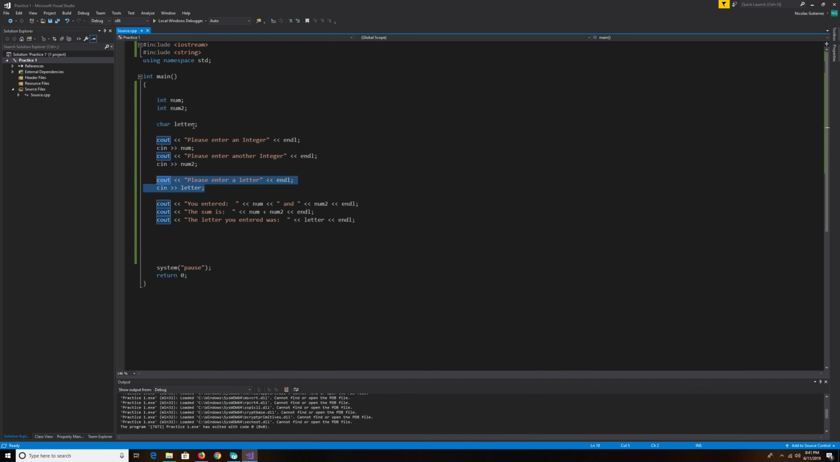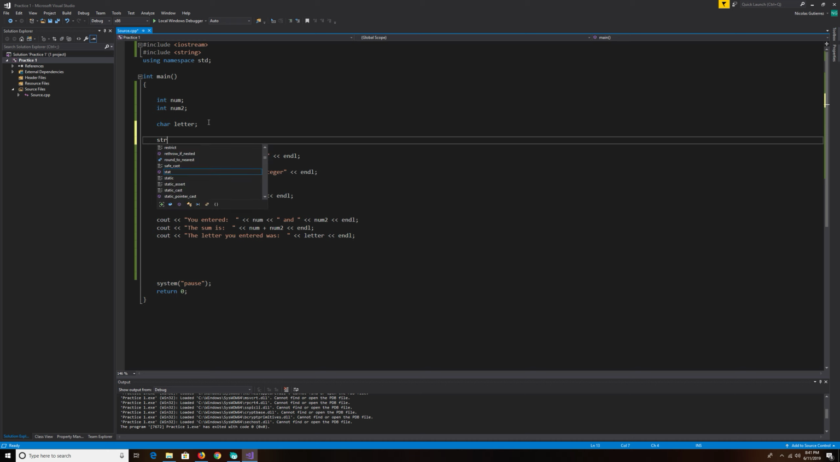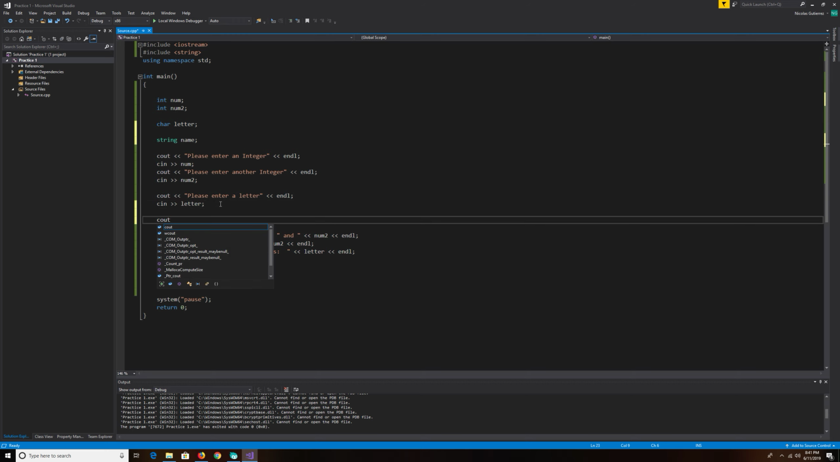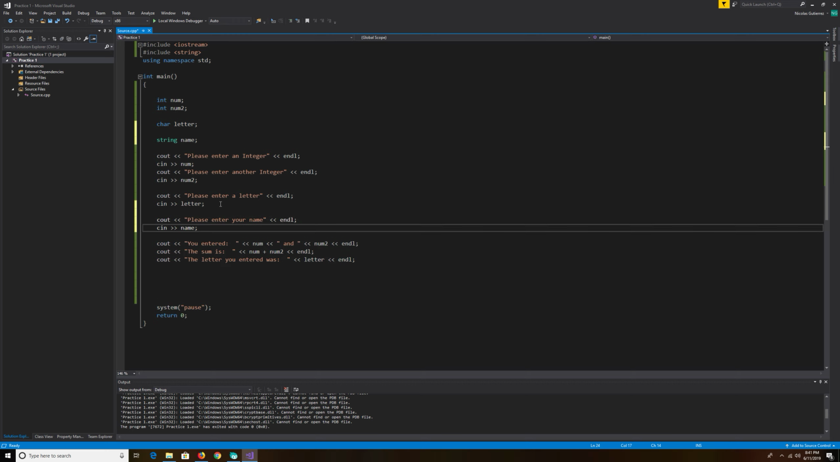So in this case, I've already entered a character. Can I enter a string? Here, I'll do a string name. Cout, and